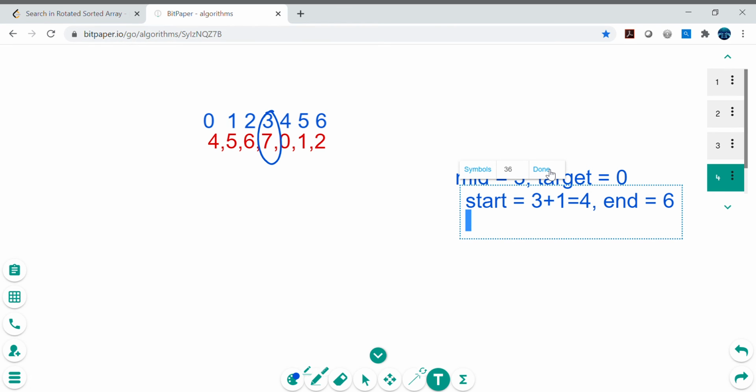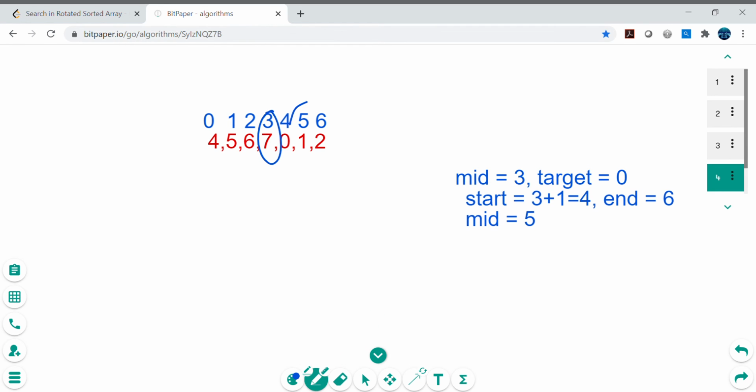Now with 4 and 6, mid would be 5, because 4 plus 6 divided by 2 is 5. So now our new mid would be this guy, 5. Now we will again apply the same binary search on the right side of the array. It will check if start is less than or equal to end or not.